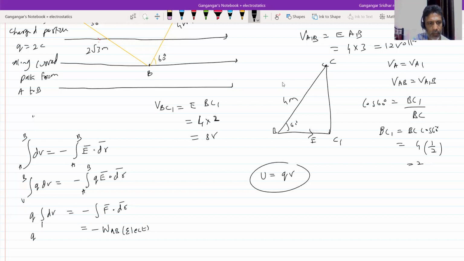This is VA, no? Some symbols are missing. So this should be VA, VB. So this will be VB minus VA. Next, shall we write it? Q into VA minus VB is equal to,